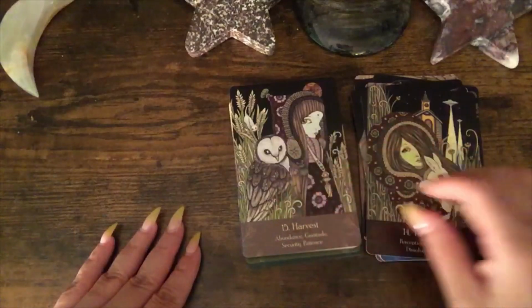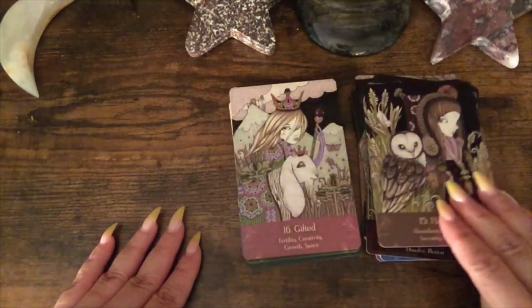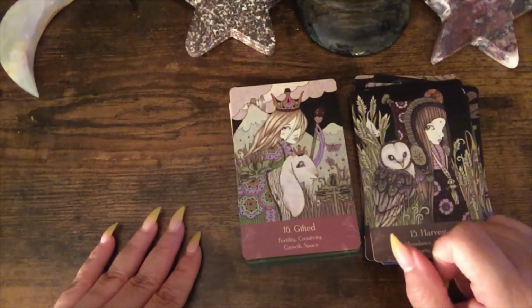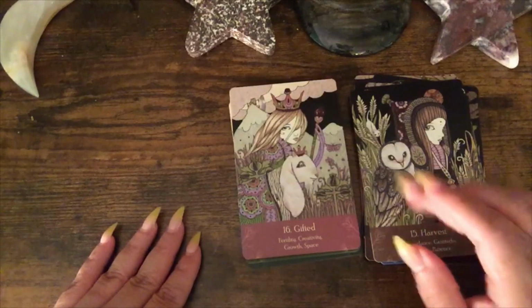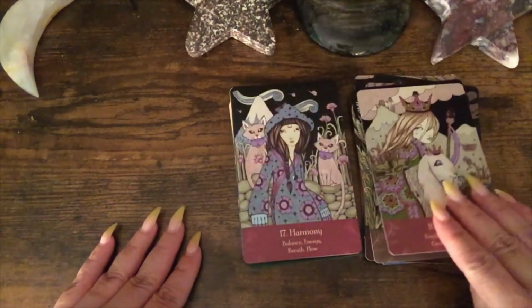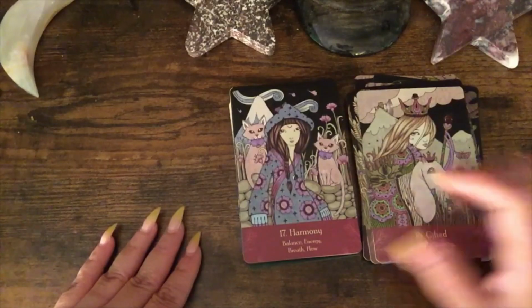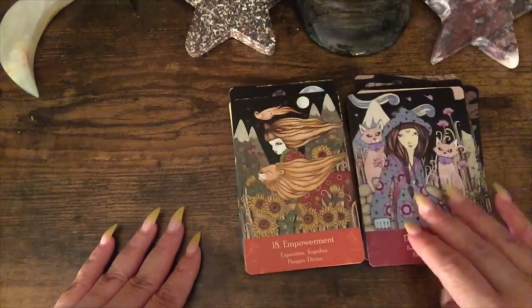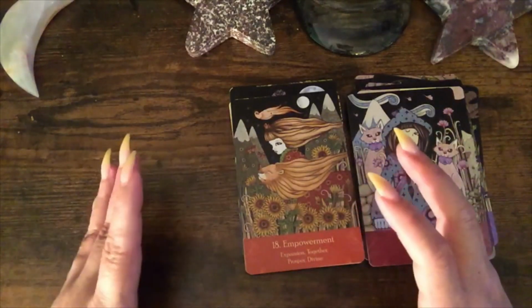Harvest, I like the owl. Abundance, gratitude, security, patience. Gifted, fertility. So like an Empress card. Fertility, creativity, growth, space, harmony, balance, energy, breath, flow. Very nice. I like that it gives you a few keywords, because if you're giving a reading and you're using